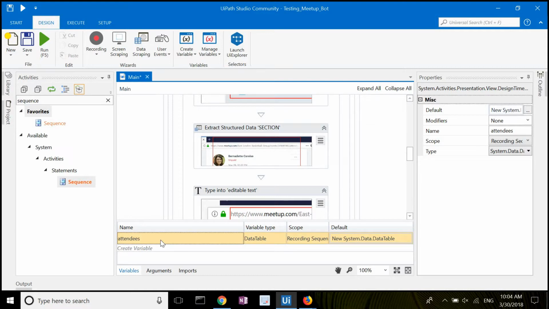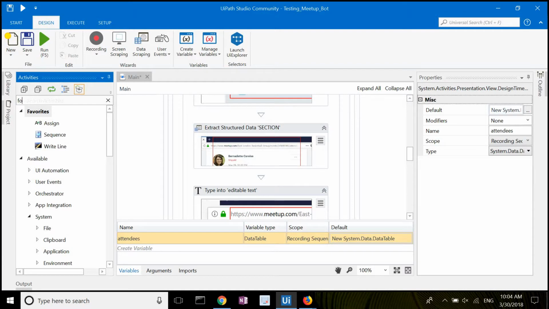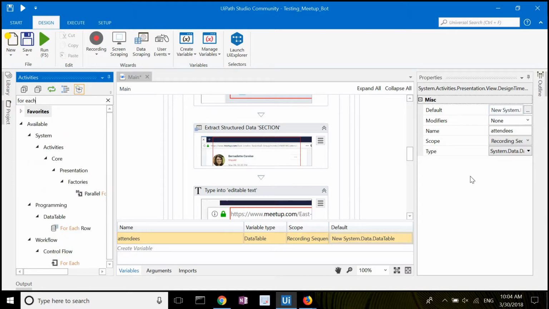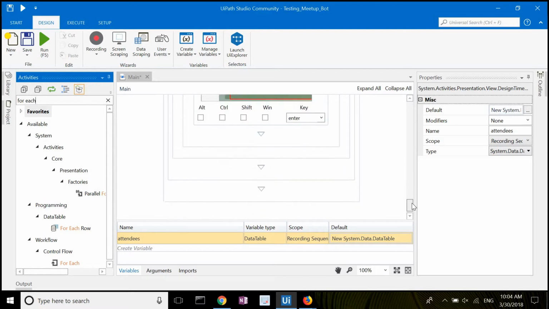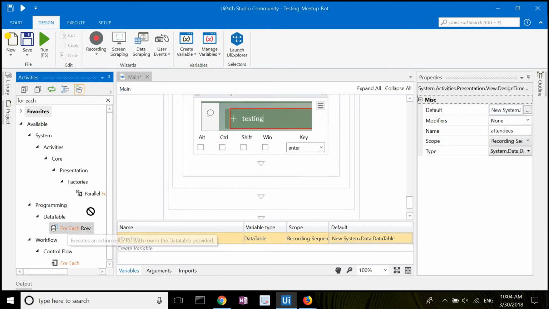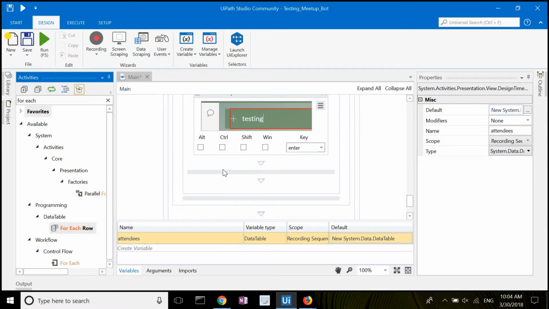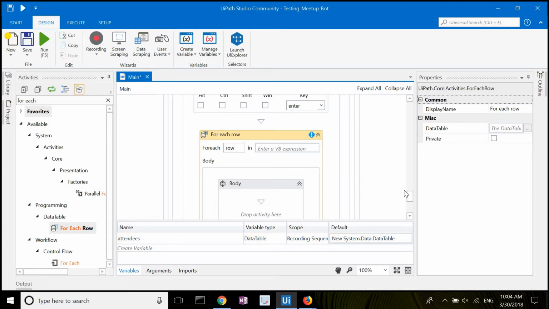I'll then create a for each loop that goes through every item in a data table. I'll point the loop to my attendees variable